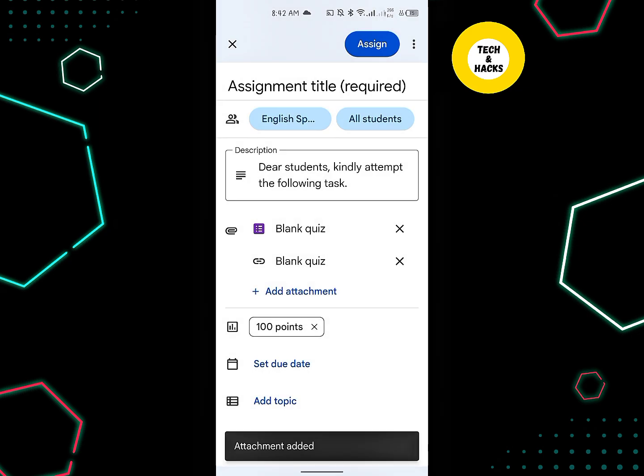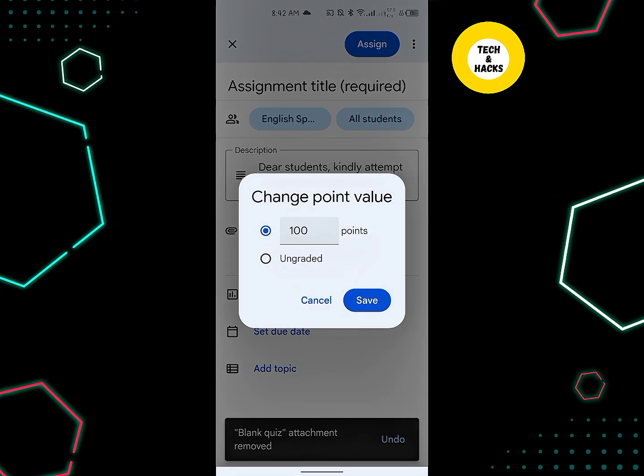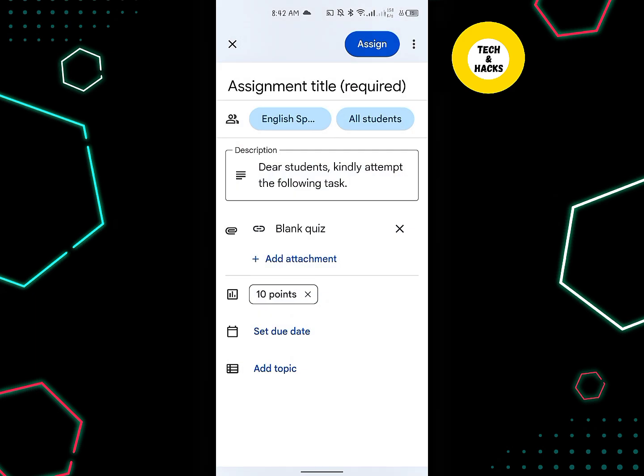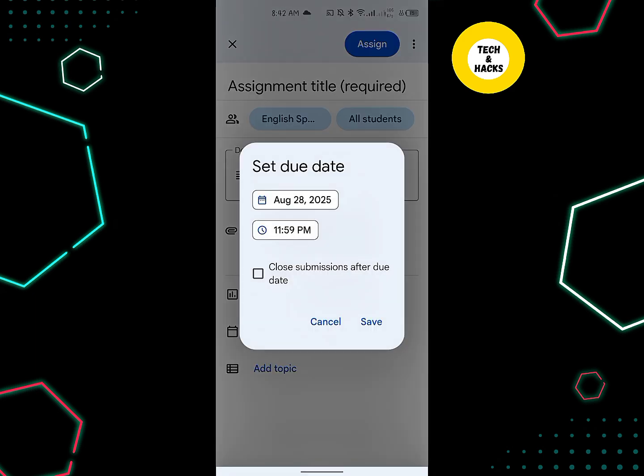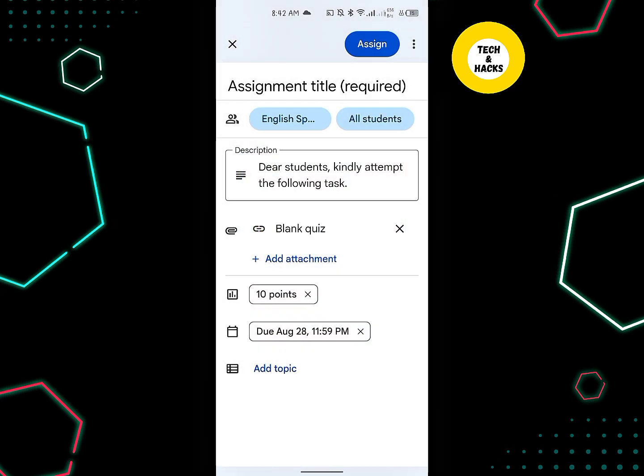Okay, then again, points. It was of 2 questions and 5 points each, so it will be total of 10 points. I am writing over here 10. Then you can select the due date or the time. For example, if you're giving the students just 1 hour time and you're posting it in the class, you can select the time or the date, and you can select the option of close submissions after due date. It depends on you if you want to keep accepting the responses after the due date, or it will be written as late submission. Okay, then again save,